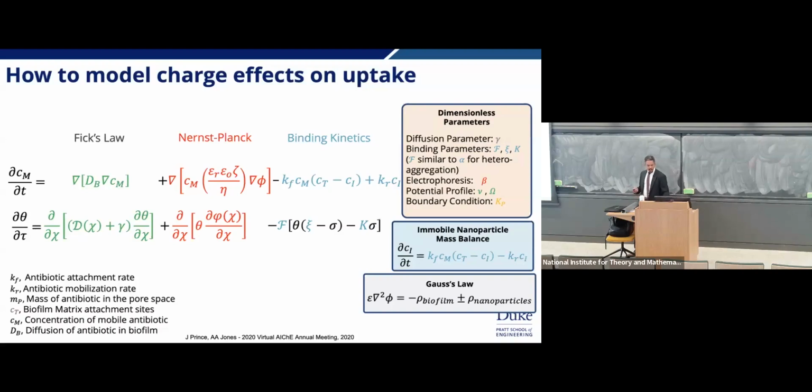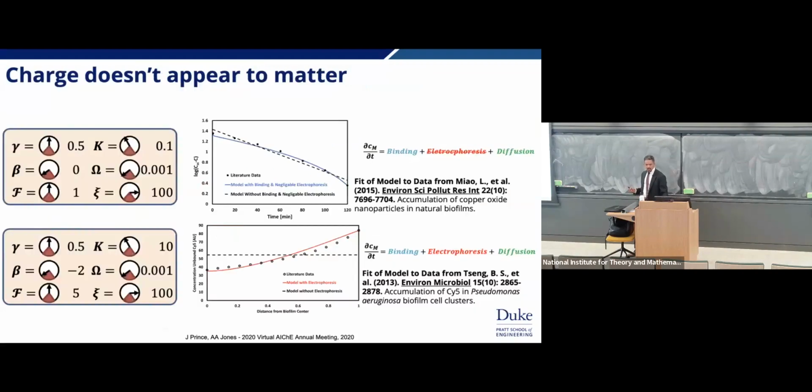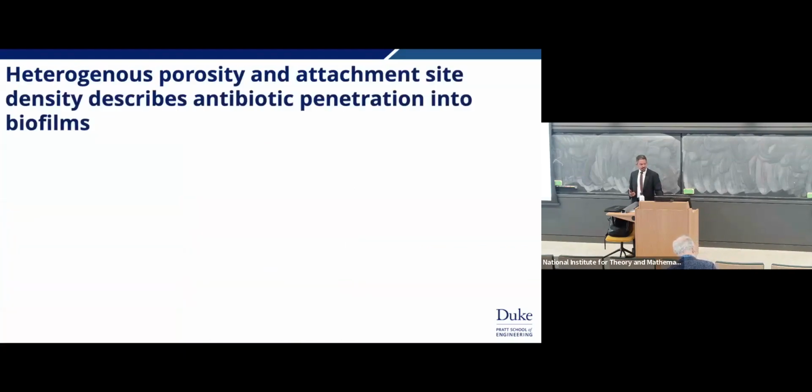So we did that, and what we found was that charge really did not appear to matter. We were able to find two different pieces of data and asked, well, what happens if we add in that electrophoretic term, that Nernst-Planck term that I just mentioned? Well, it turns out we get a little bit better fitting. But then when we keep it in versus not keeping it in, we get mixed results on whether or not it actually fits the data. So that was a first step saying, well, maybe it's not the Nernst-Planck equation, right? Maybe charge isn't the thing that we should be looking at.